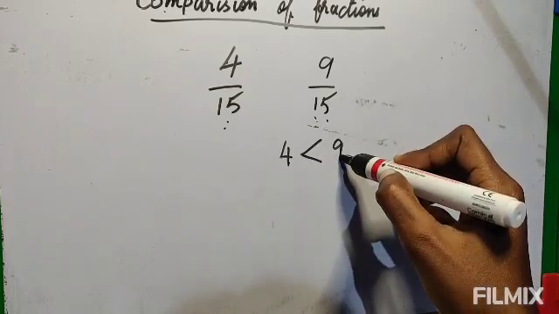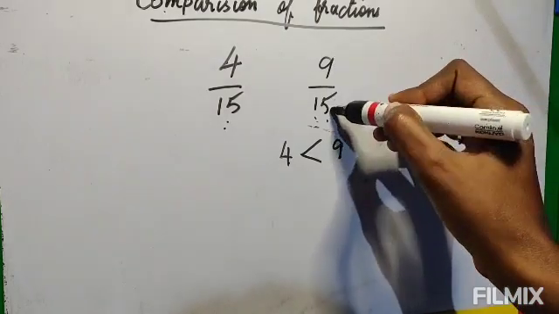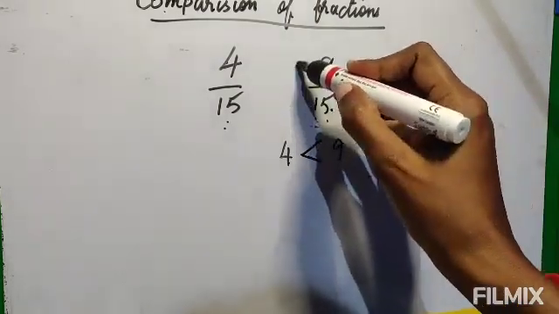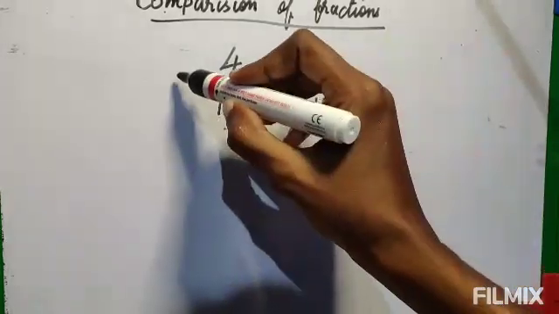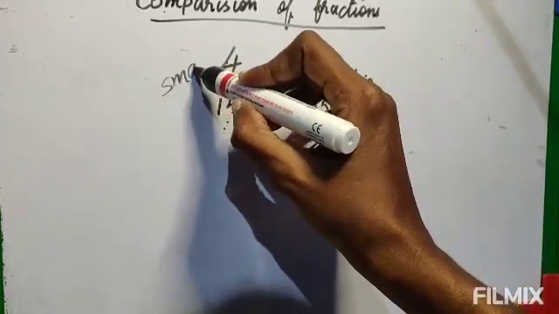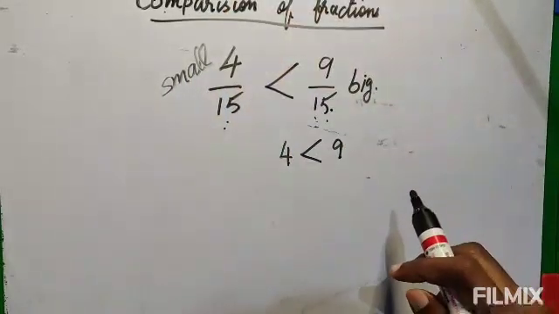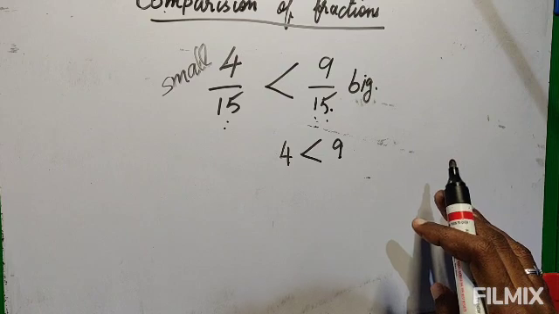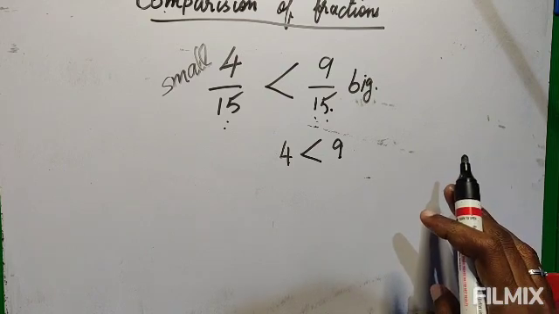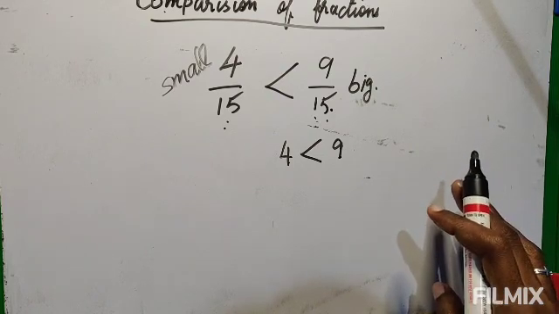So 9 by 15 is the bigger fraction and this is the smaller fraction. If the denominator is the same, then you compare the numerator,